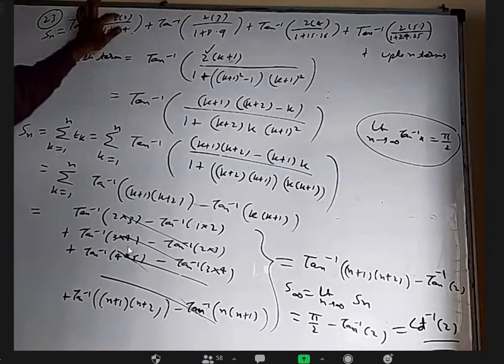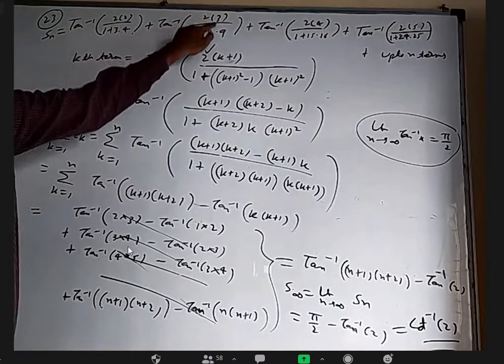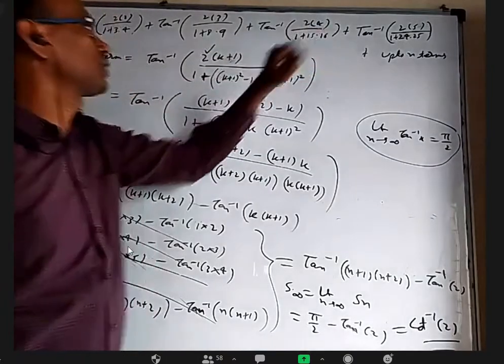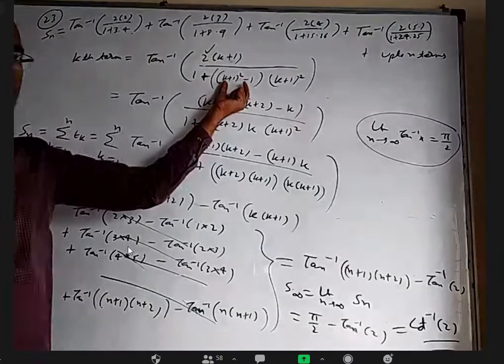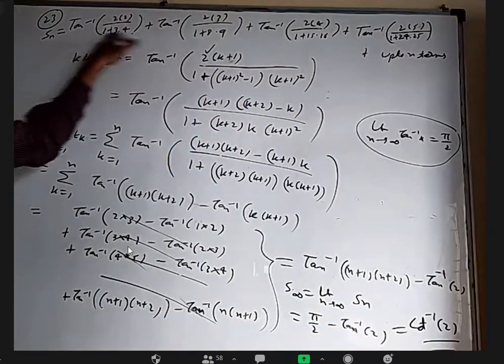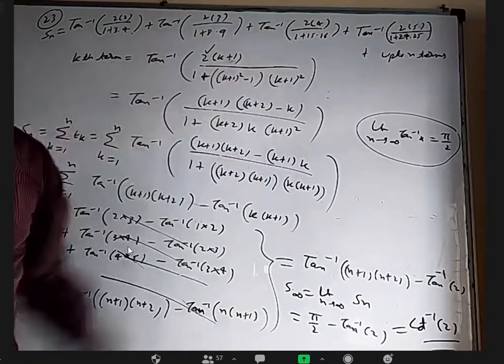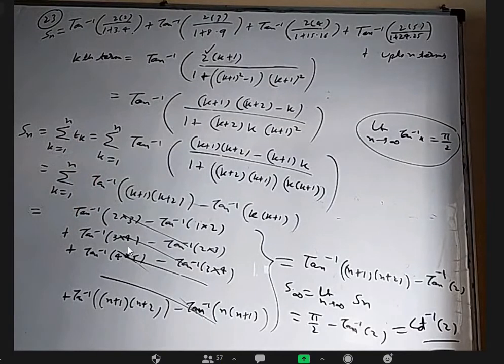Next, we also notice whatever number here, square here, whatever number here, square here. Because here k plus 1, here k plus 1 whole square. 1 less than that is here. For 4, 1 less than 3. For 9, 1 less than 8. For 16, 1 less than 15. Yes, sir, understood. Okay.